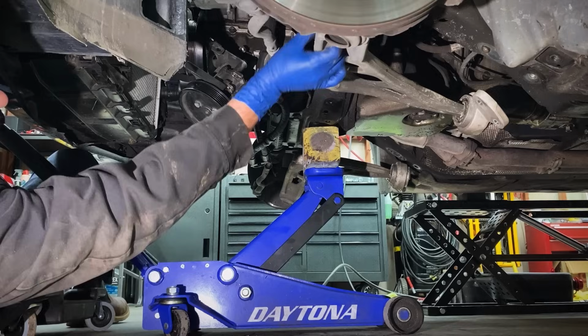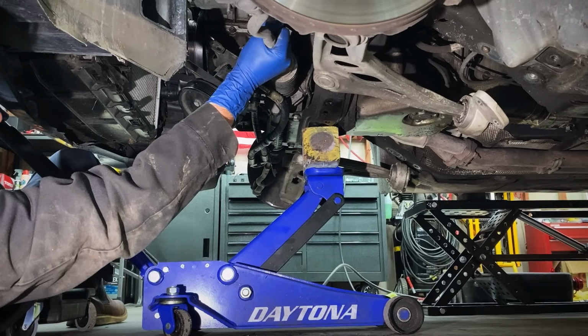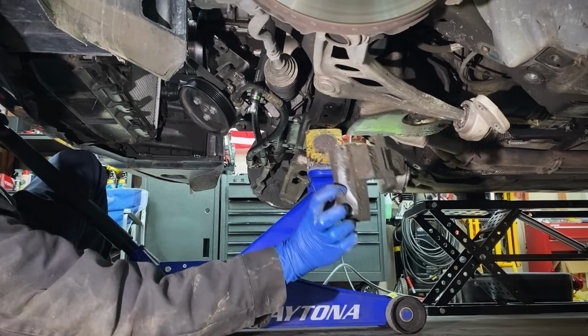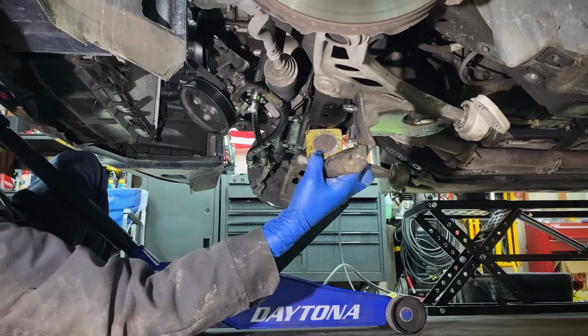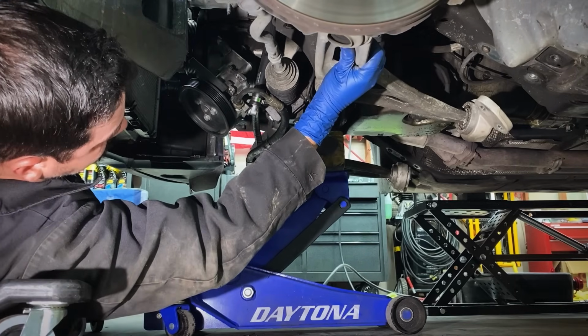Might have to get up here, wiggle the control arm, wiggle the subframe, go down a little bit more. It's hung up a little bit. There we go. See it dropped? This piece goes between the oil pan and the subframe for when the engine mounts get too flat. Now, while we're dropping the subframe, what you need to do is bring it down a little bit